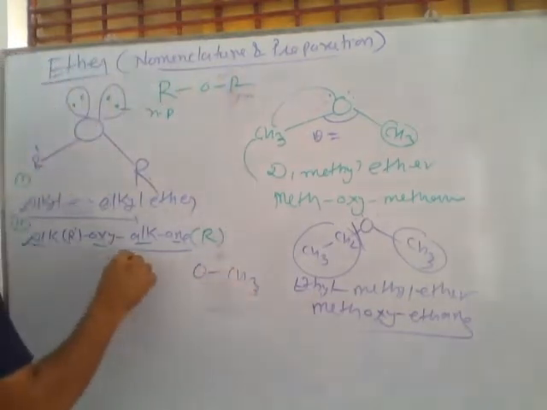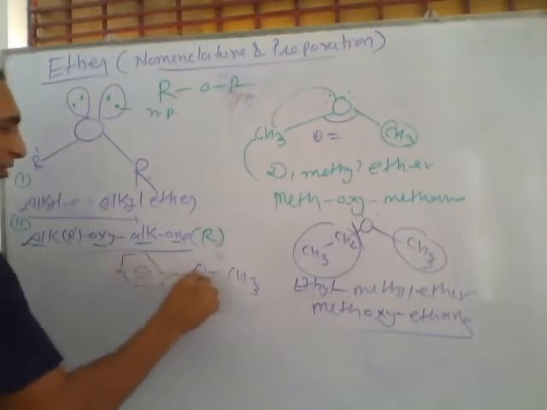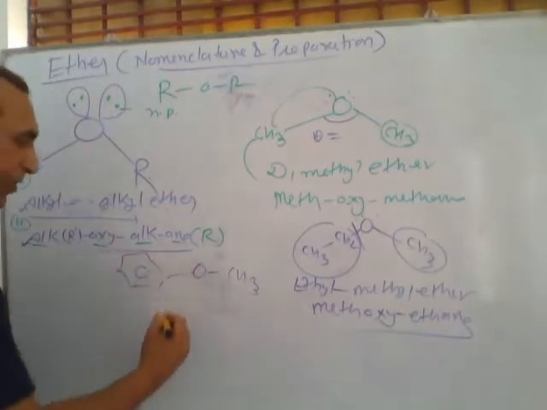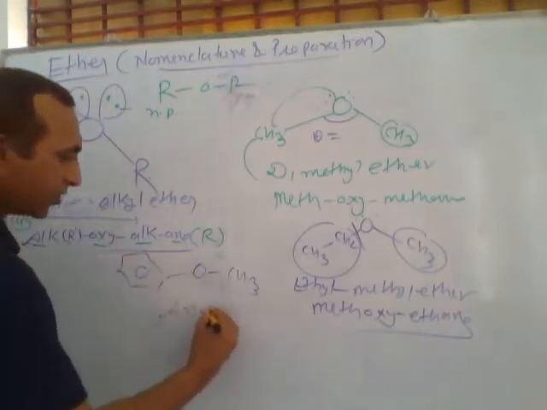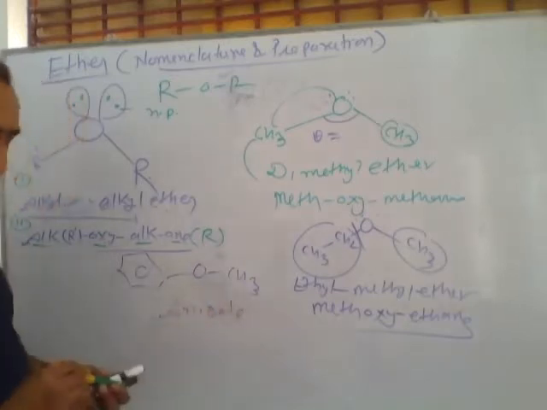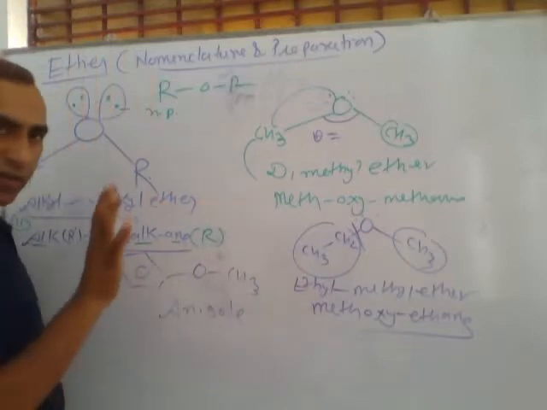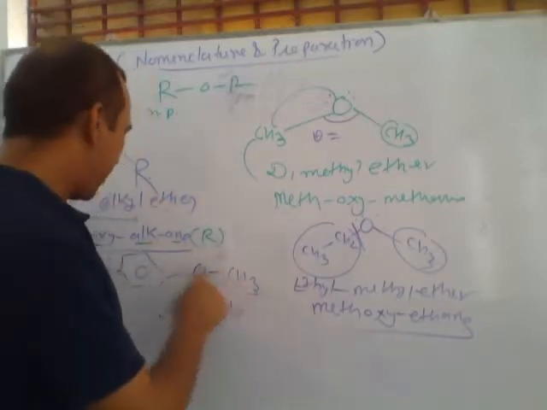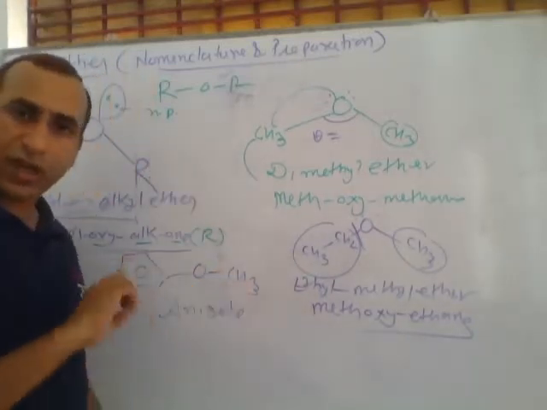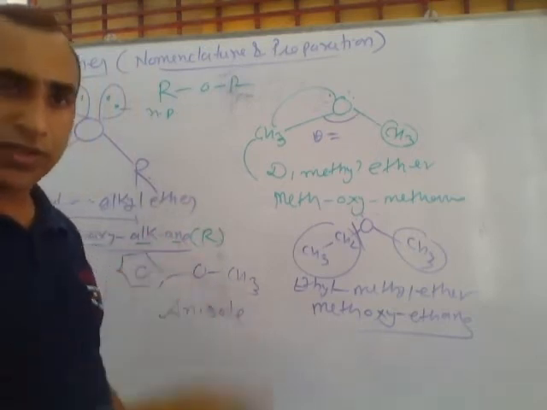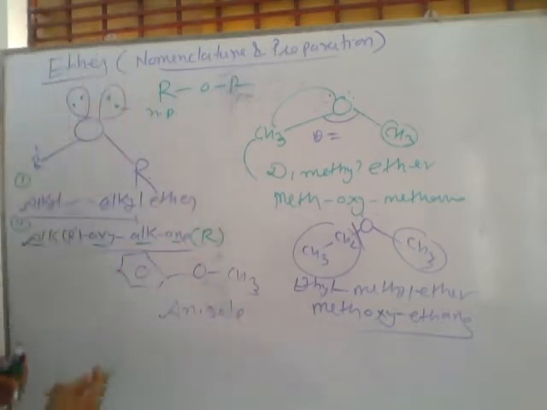If we want to write the name of this compound, this is oxygen. Here CH3. Here a benzene ring is present. Its special name is called anisole. If we want to write its name, then we can simply write methoxybenzene. Otherwise, in alphabetic order, methyl phenyl ether. Methyl phenyl ether and methoxybenzene are its 2 names. This is anisole, the special name.